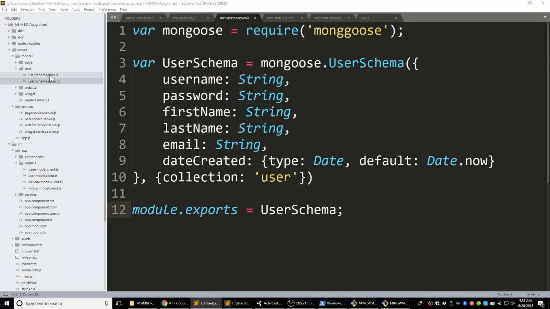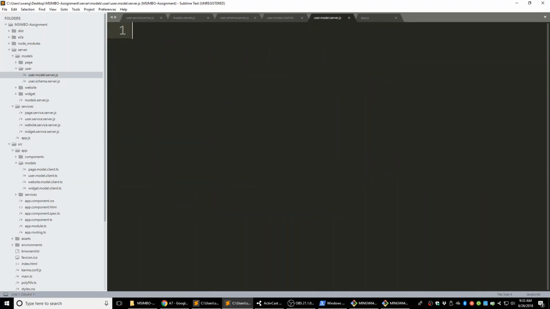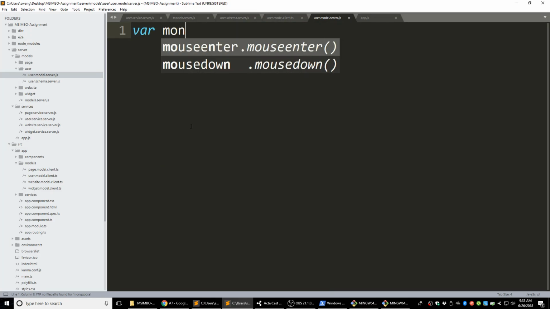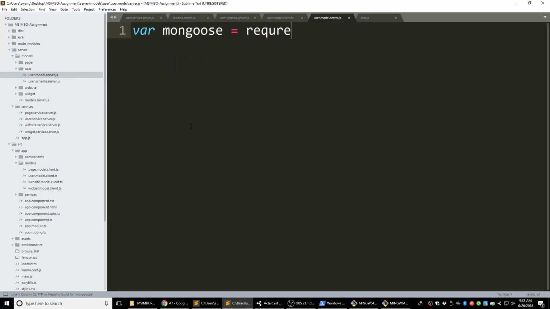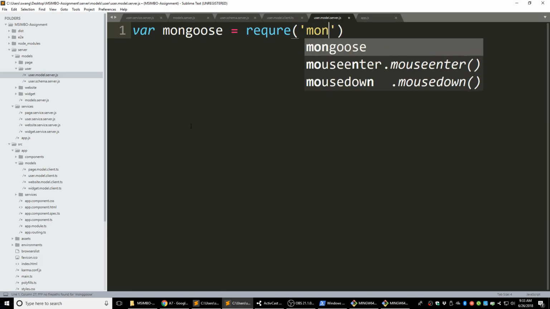And in the model server here, we are going to have those functions like ask it to find, to update, to delete. So let's do it over here. It's still very simple. Each function is just one line. Variable. Let's import the mongoose here first. Mongoose is equal to require mongoose,